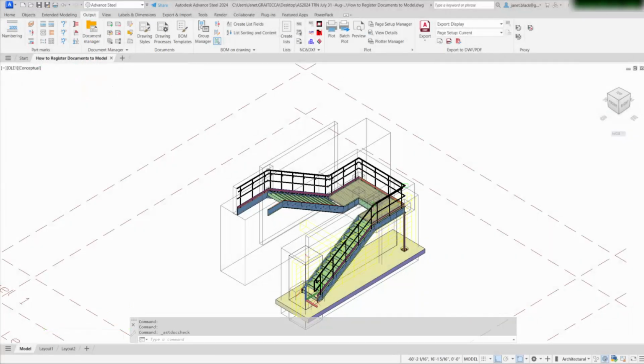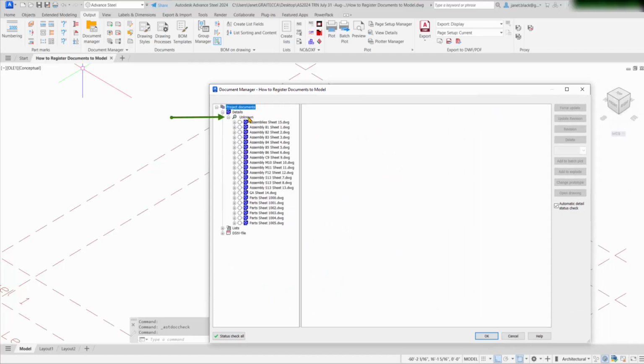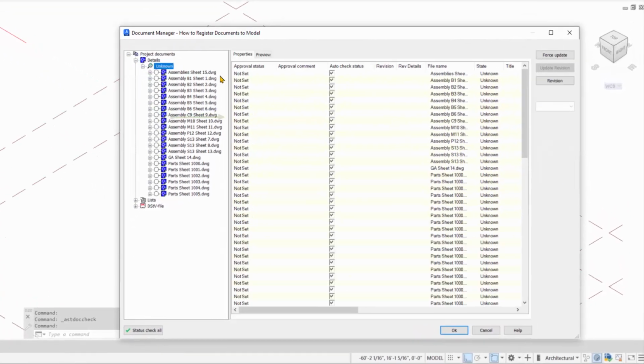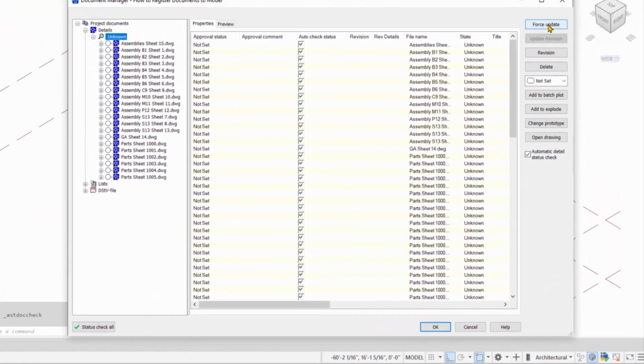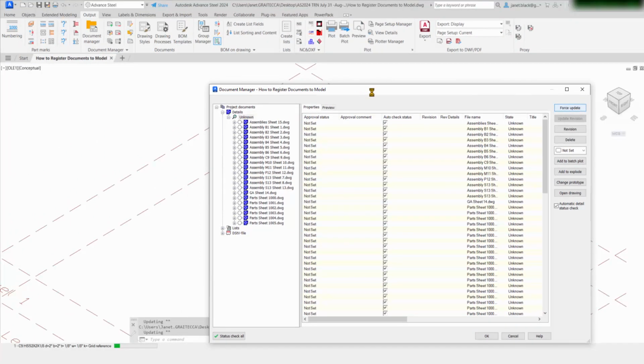So this is another scenario. Let's check again. Unknown. We know with the unknown, all we have to do is force update. So we can have that nice, lovely green check mark, good to go. So let it play out and